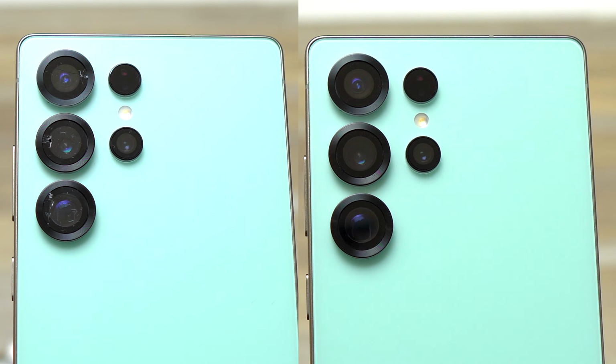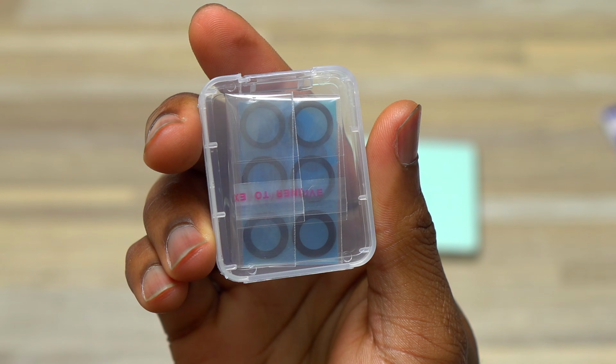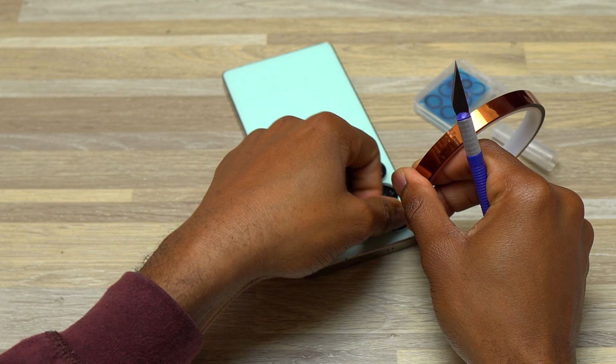Galaxy S25 Ultra camera glass replacement. This is the kit that I'm going to use to replace the broken camera glasses. So the first thing that I'm going to do is to add some heat resistant tape on the broken camera